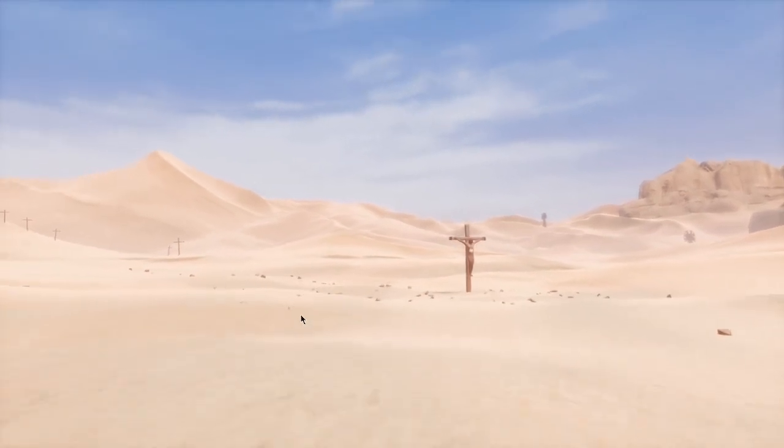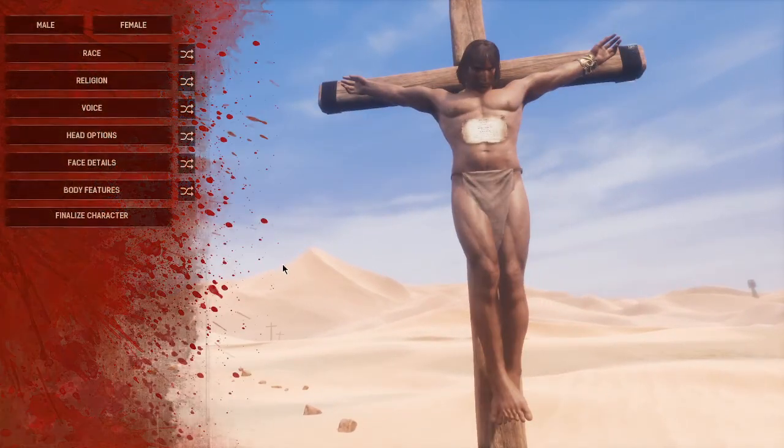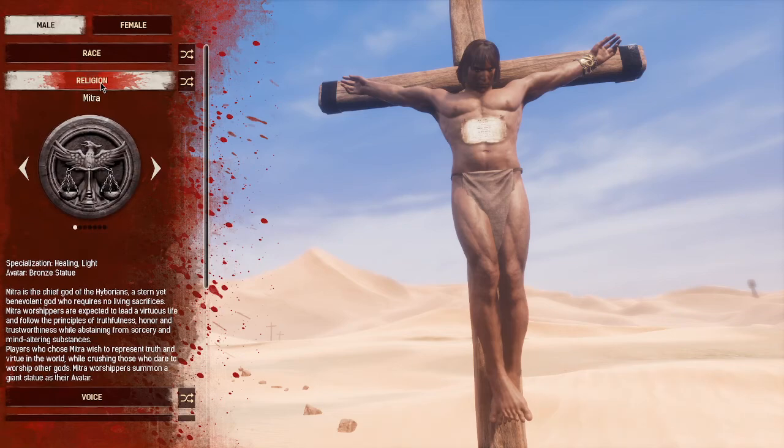So if I go ahead here and we look at the options for religion. Religion is basically what you start with, not the only religion you're committed to. You can learn literally all of the religions, except maybe one that I don't know about, throughout the map. This is just the one that you start with. What this does is it gives you the ability to build an altar to whatever god you choose, and by giving resources that it wants to the altar, you get things in return like healing, poisons,